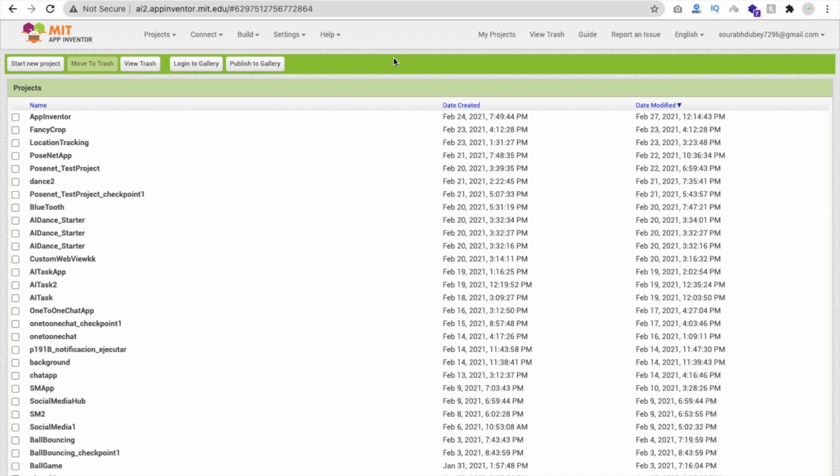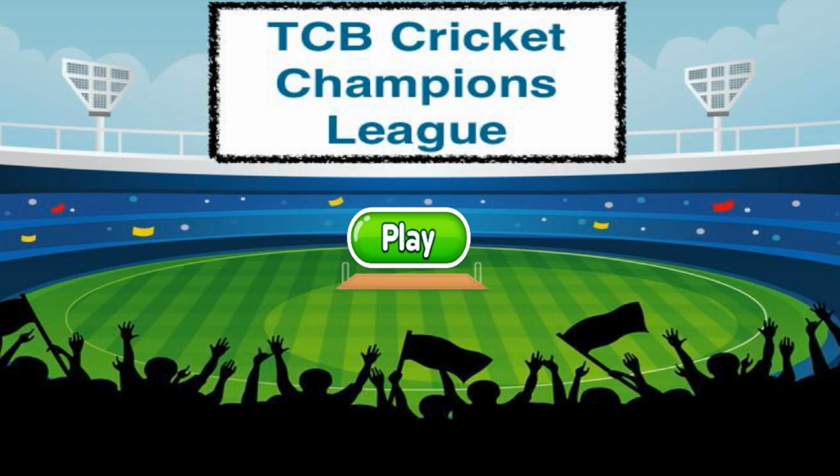In this video, we will learn how we can create a cricket game using MIT App Inventor. So let me show you the demo of this app first. So here we go. You can see that's the first screen of our game, okay? Play button and that's the ground, okay? Now we have to click on this play button and we are using here two players, okay? And the ball is automatically thrown by a robot, okay?